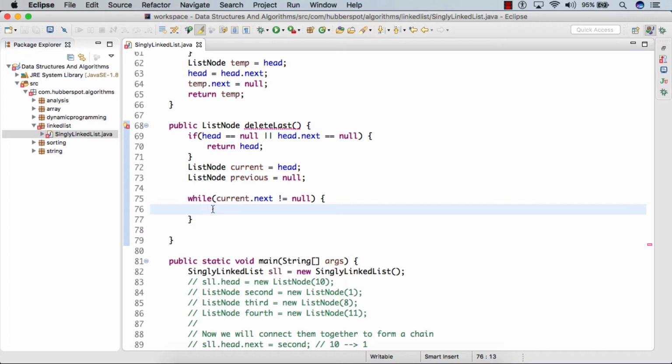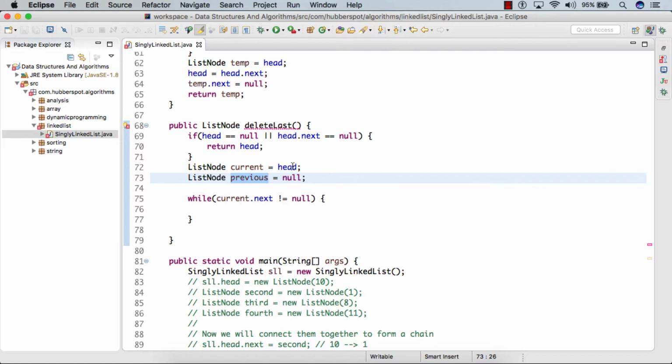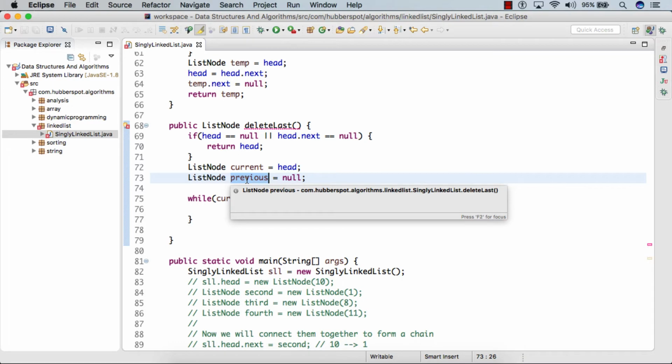So inside this while loop we move current by one position, and before moving current one position ahead, we assign current to previous, so that previous always remains one node behind current. So when current reaches the last node, previous is at the second last node, and once we get the location of the second last node, we can simply remove the last node from the singly linked list by putting previous.next equals null. So this breaks the chain of the singly linked list from the last node.